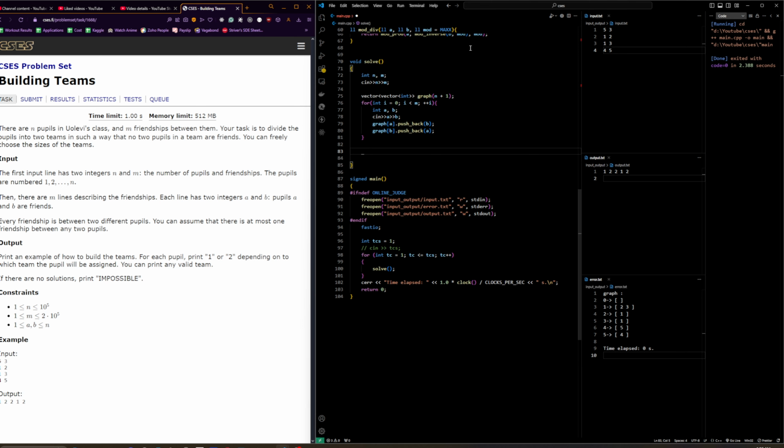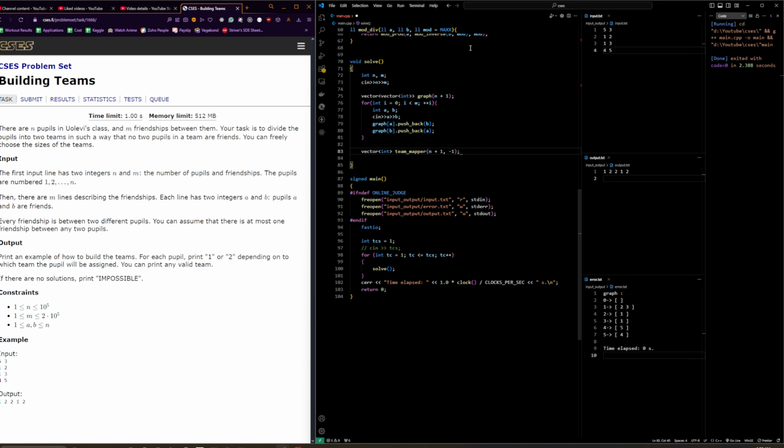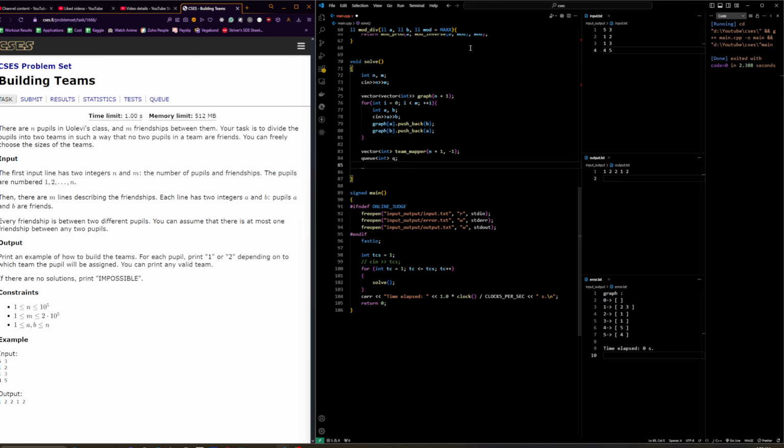Now let's build a mapper for the teams. Team mapper, let's say. Let's put initially none of them are assigned. So let's code a BFS solution. You can do the same with the DFS. I'm just coding it in BFS just to keep all the functions intact within solve. So push,